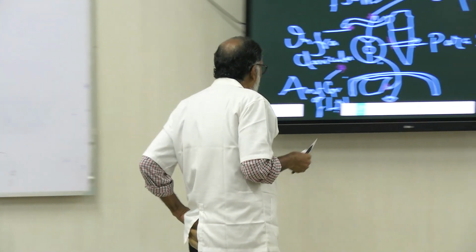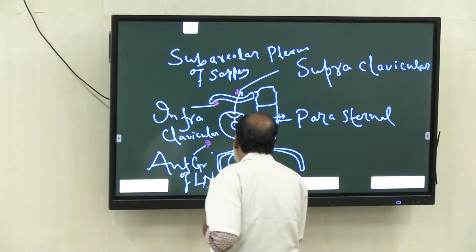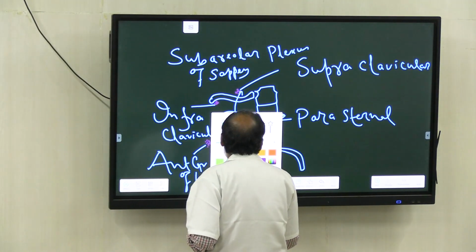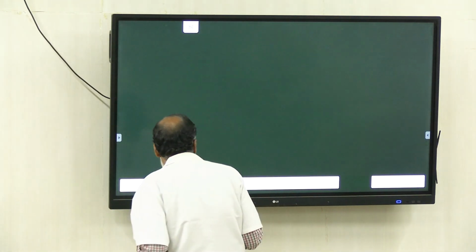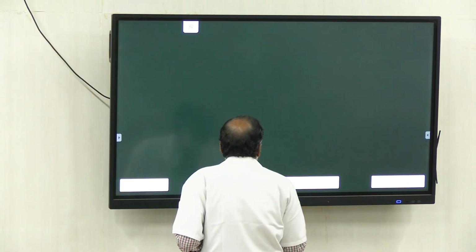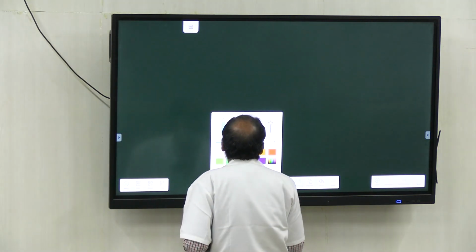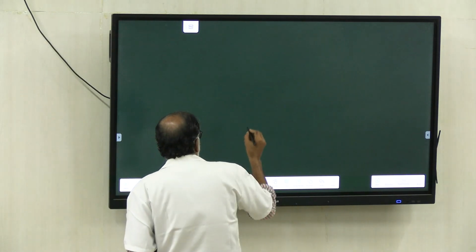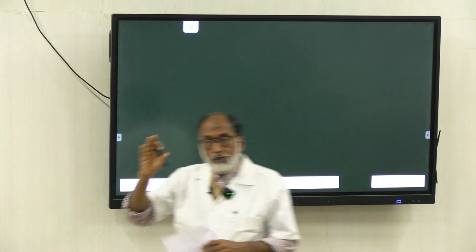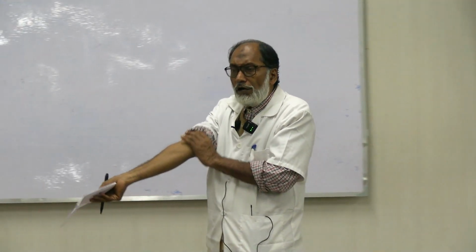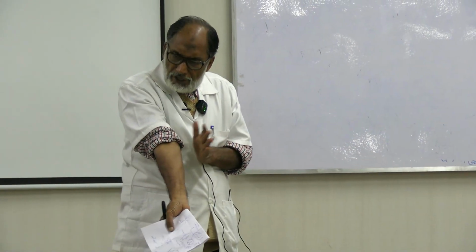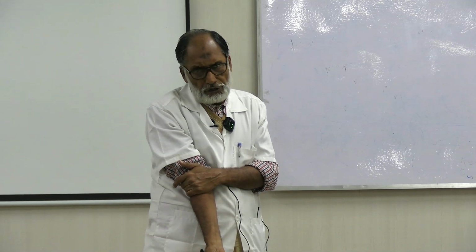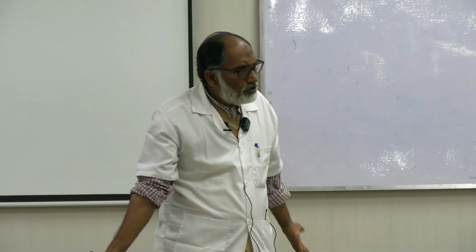Number one, you have to consider the anastomosis in front of the medial epicondyle and in front of the lateral epicondyle, right? In front of the lateral epicondyle,